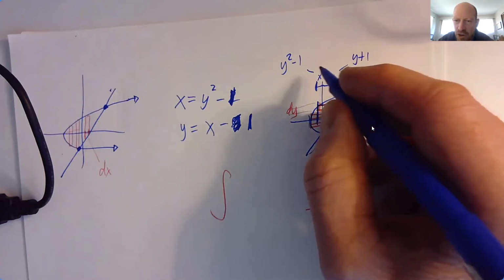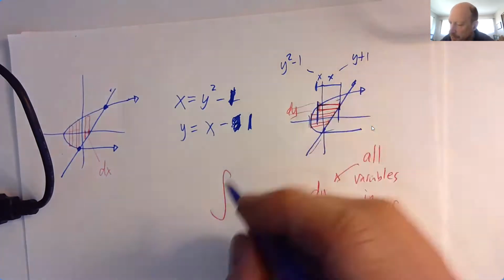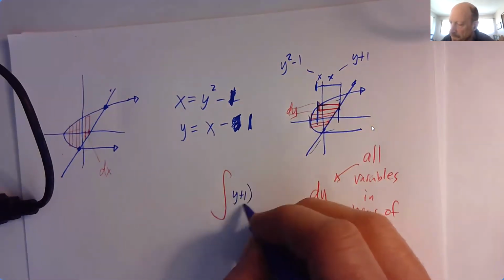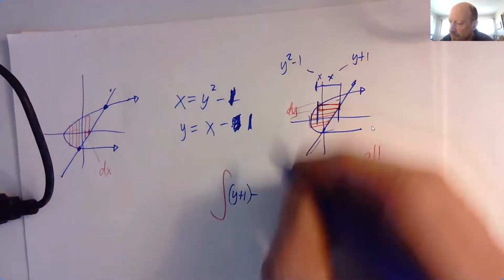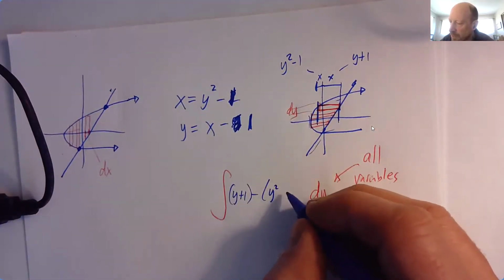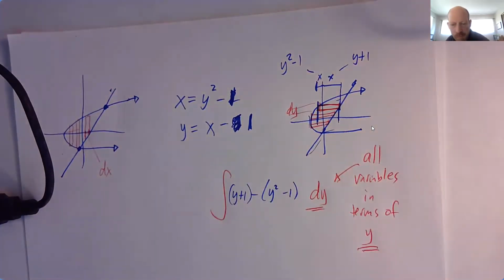So I'm going to take the larger value, which is y plus 1, and subtract the smaller value, which is y squared minus 1. That difference is giving me the length of that little rectangle